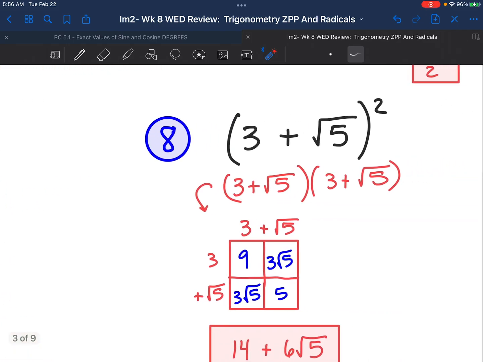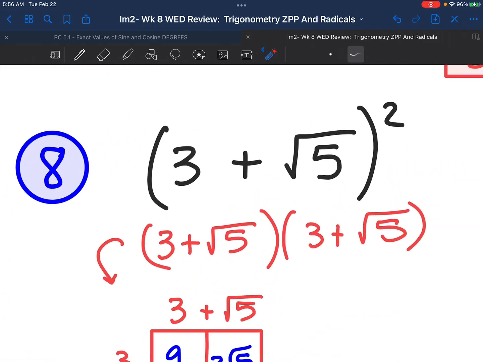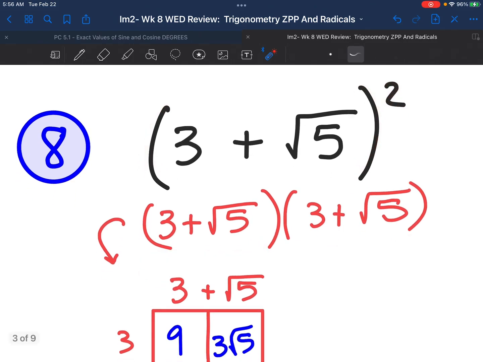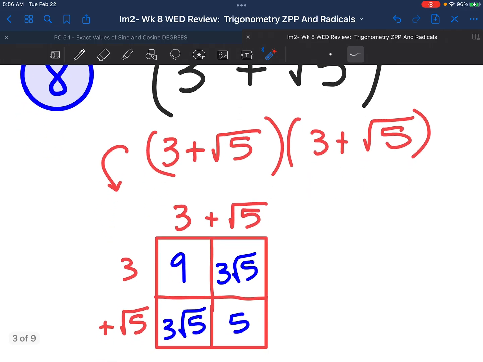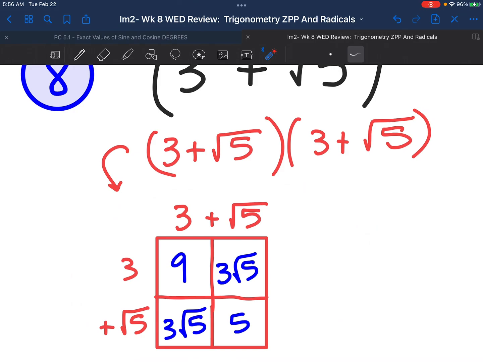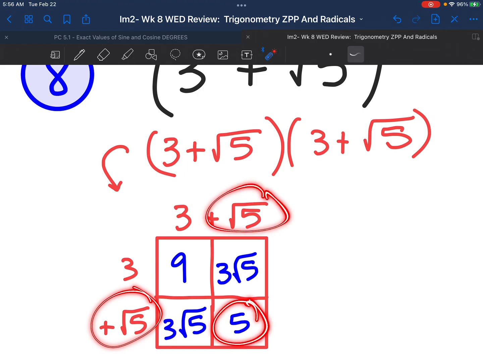Okay, and then this one's a new one, so I kind of wanted to go over this. Again, when you square something, that means to multiply it by itself. Okay, so 3 plus root 5 times 3 plus root 5, that's a box or a FOIL problem, okay? So 3 times 3 would give you 9. 3 times root 5 is 3 root 5. You get that twice. And then notice the last one, root 5 times root 5 gives you root 25 or 5. Remember, so that